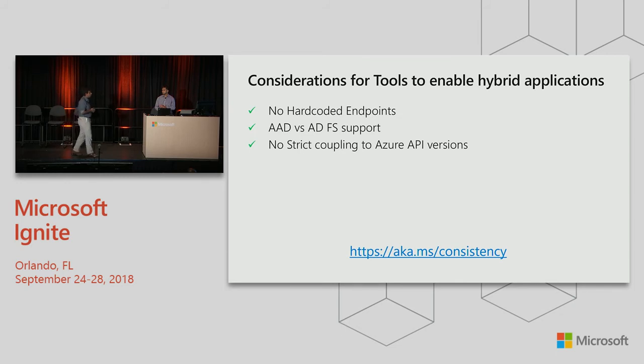Third thing, no strict coupling of API versions. We had to do quite a bit of work in this area. When we first released Azure PowerShell, the versions were deterministic. When you install a certain version of Azure PowerShell, it only took a dependency on a certain API version, which is why we came up with the profiles concept. So you won't be able to deploy across multiple clouds because that API version may not be supported by that cloud that you're trying to deploy to. So adhere to profiles and don't hard code your API versions. Those are 3 things to keep in mind when you're building tools and tooling platforms.